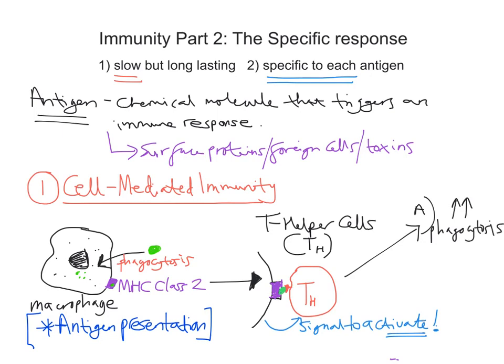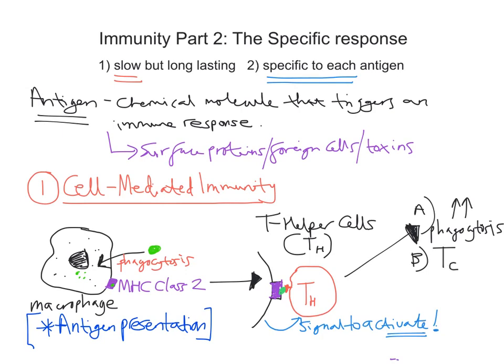phagocytosis. So we've got increased phagocytosis. Because if you remember, phagocytosis was our non-specific response to pathogens, illness. So we want more of that. We want more of these phagocytes engulfing these pathogens just to help. What we're going to do is also stimulate, so from the B, production of what are called